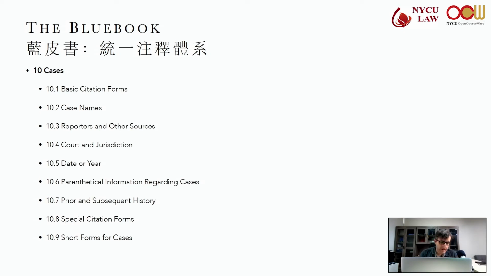So then looking at B, state courts. We need to indicate the state of the court decision followed by the year. You don't need to include the name of the court if it's the highest court in the state, right? And abbreviate the state name according to the Blue Book as well.